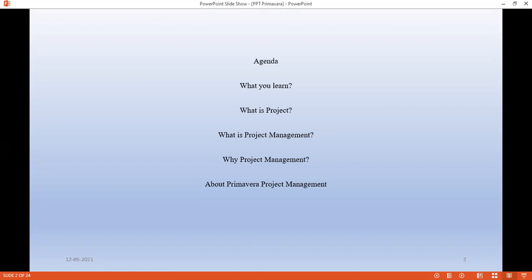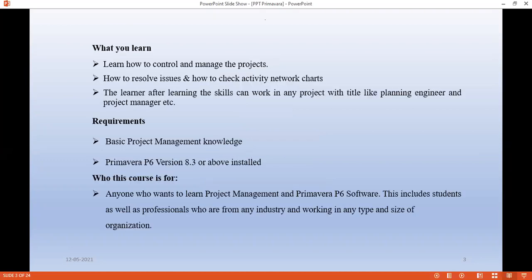Now one by one we'll discuss what you learn. First point is, suppose you get a project. Now for that project, how to control and manage the project. That is the first point you are going to learn in this session. Next, how to resolve the issues. If you get any issues in the project, how you are going to resolve them, and how to check the activity network charts. Charts are nothing but bar charts, how the network will be formed for the activities